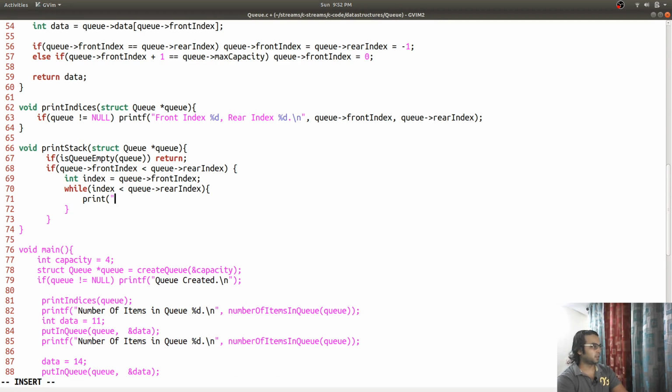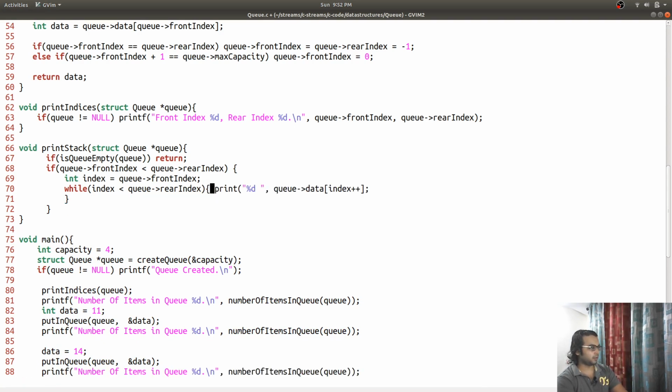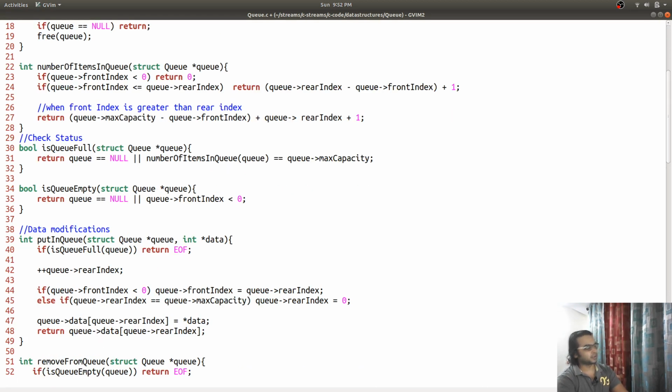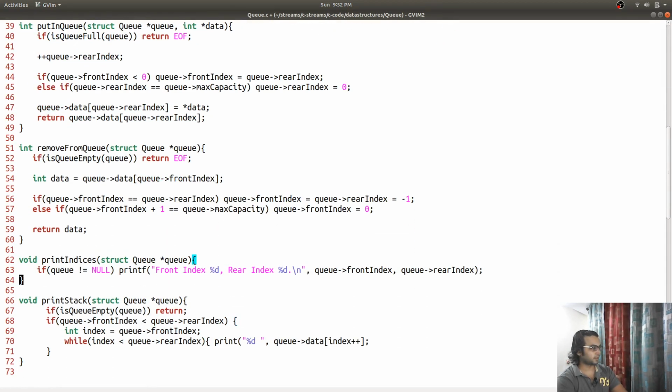print %d space data at index, index plus plus, and end, join and remove, print it. One is this, and next is the case where